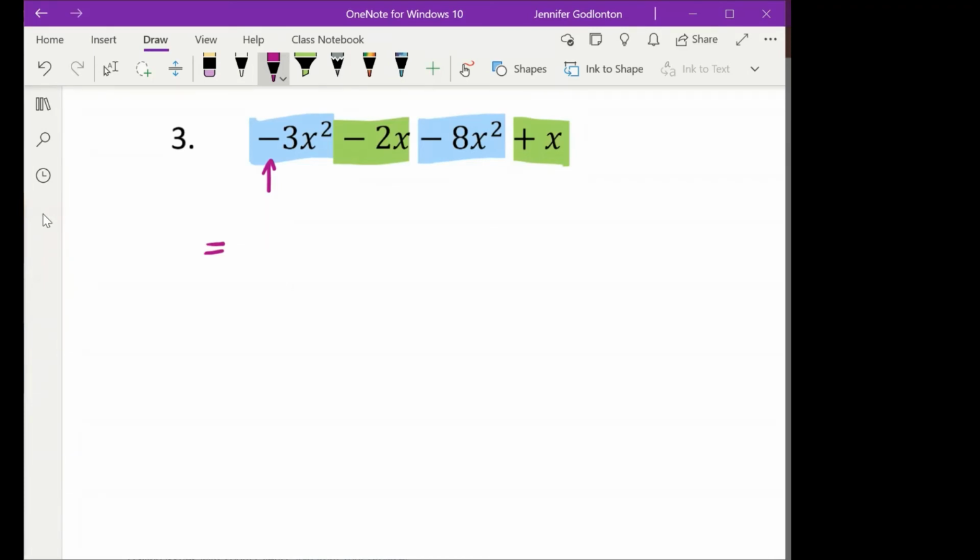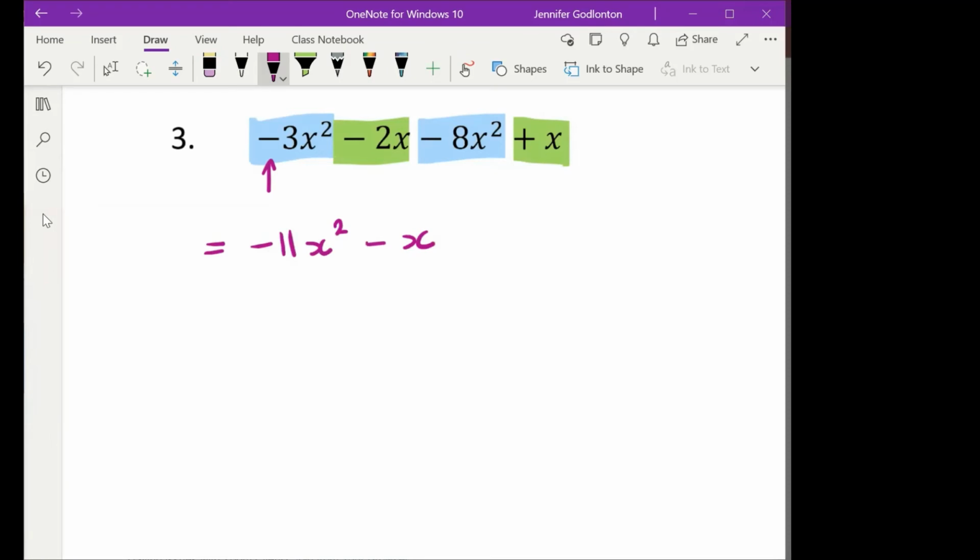Ma'am, I got the answer now. Okay, tell me, Sino. It will be negative 11x to the power of 2 minus x. Yes, nice. Okay, so now the trick with this is, whenever we start algebra in high school, everyone's like, oh,